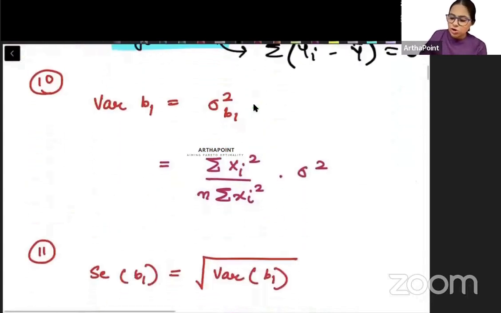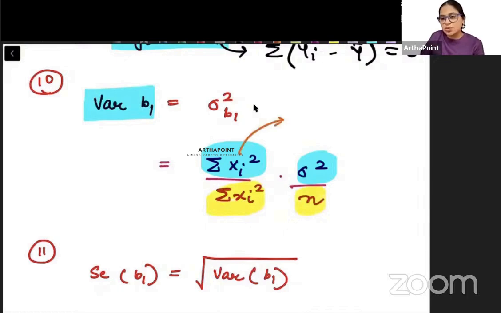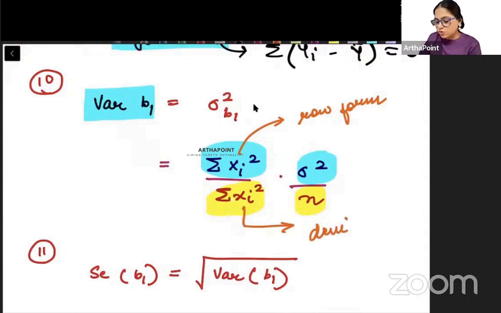Okay. Formula number 10, this is the variance of B1. The variance of B1 can be written as summation xi square into sigma square, but I will take n here. मैं n को यहाँ लिख रही हूँ. यहाँ पे डिनोमिनेटर में समेशन xi स्क्वायर इंटू n. The difference is that the summation xi square in the numerator is in the raw form, and the summation xi square in the denominator is in the deviation form, ठीक है।